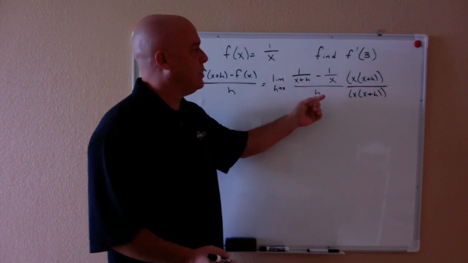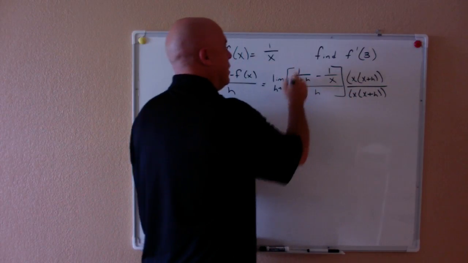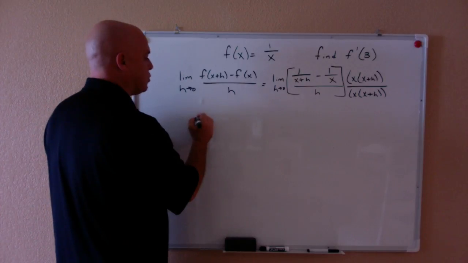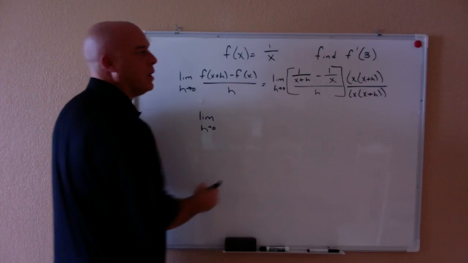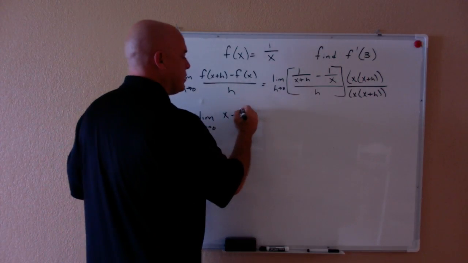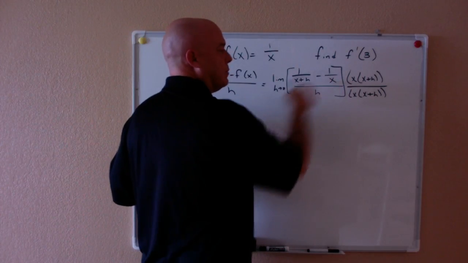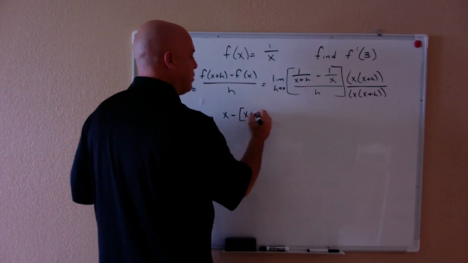And what happens when I do that is, when I multiply the first term in the numerator by this, the x plus h will cancel. So I'm going to get the limit as h tends to 0 of x minus, and then when I multiply this numerator times this fraction here, the x's will cancel and I'll get left with x plus h,